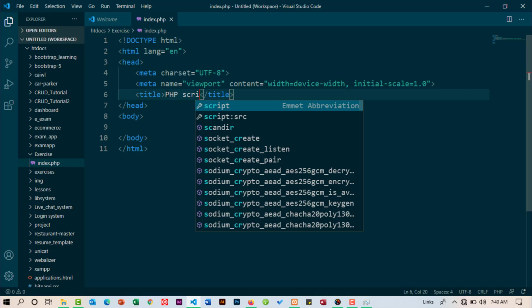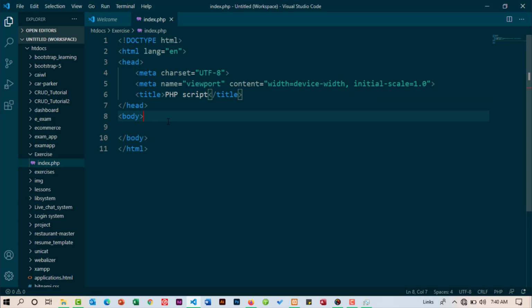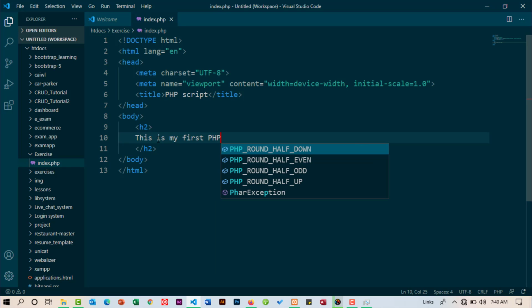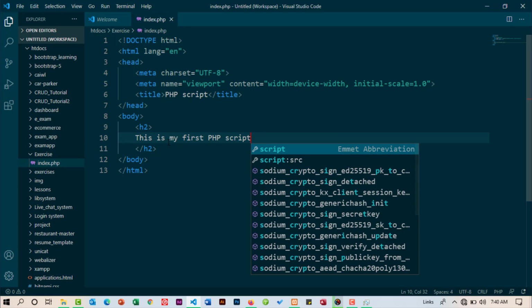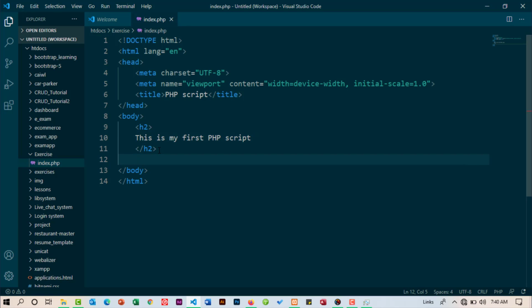So like that. And now within the body, maybe I can just come and have a heading 2 there, and then within this heading 2, maybe I can write something like "This is my first PHP script." So I can just write that, and now below that we are going to have our first PHP